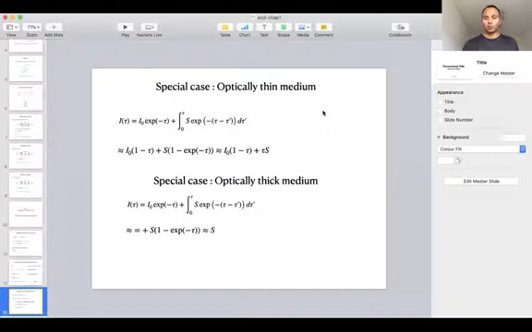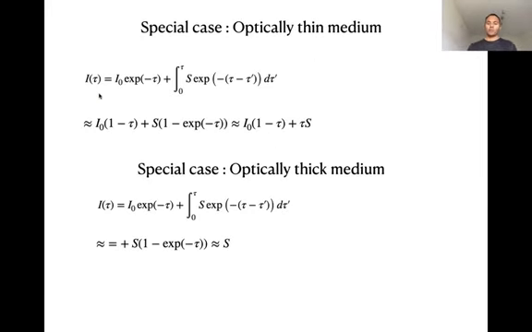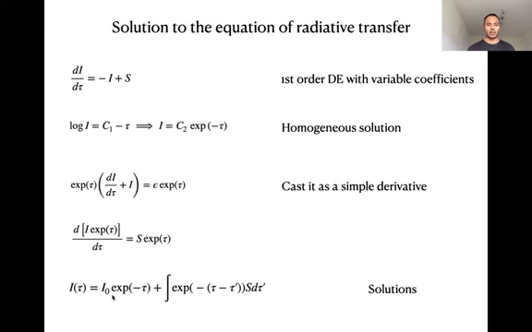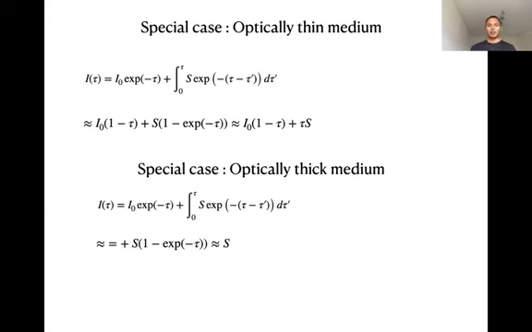Another thing we can do is go back to the concepts of optical depth which we had and see what the solution looks like in these two regimes. So remember, that is the final solution to the equation of radiative transfer. And so now we can say what the solution looks like in the two limiting cases, the low and the high optical depths. So if you have a low optical depth, which is an optically thin medium,